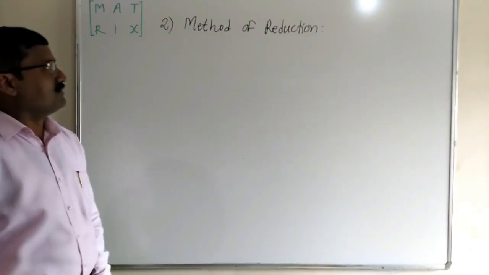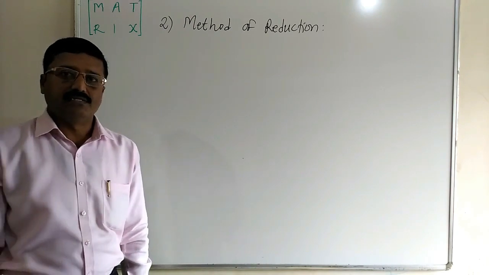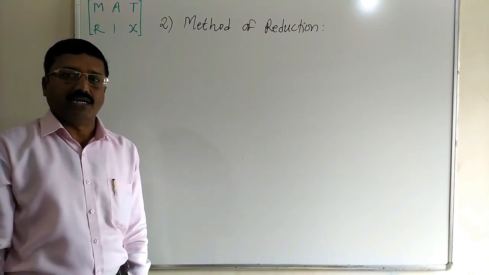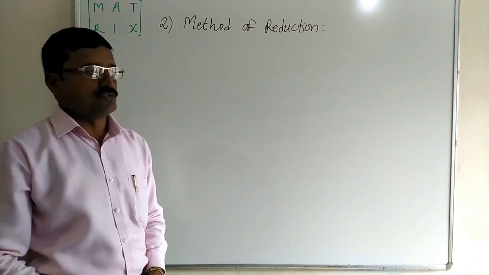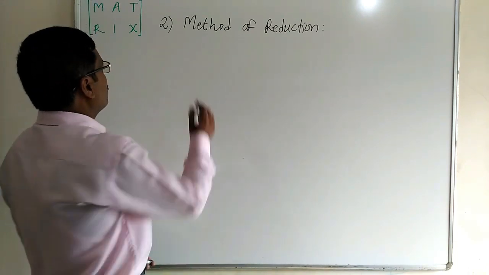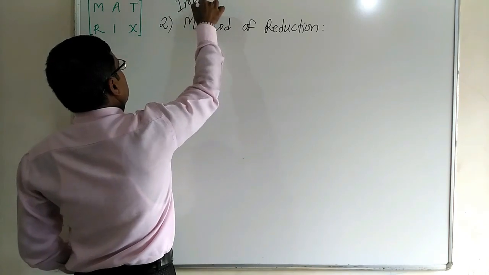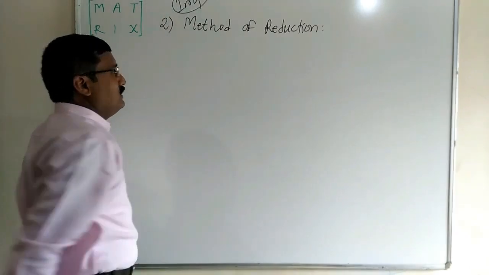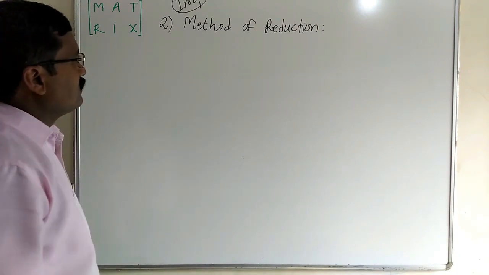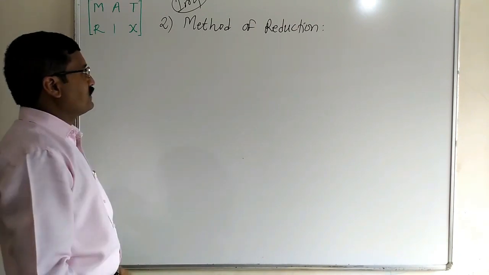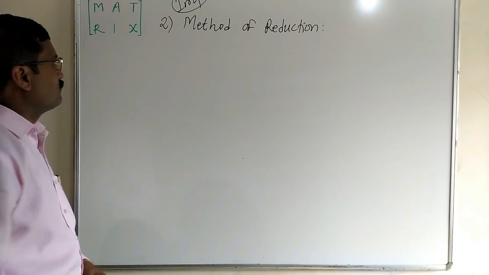If you think about this method, then in exam there are 99% chances to ask a question on this method of reduction. So this is a very important method, or we call this a star or IMP question. Let us see first the method of reduction. In this method of reduction there are 5 steps.